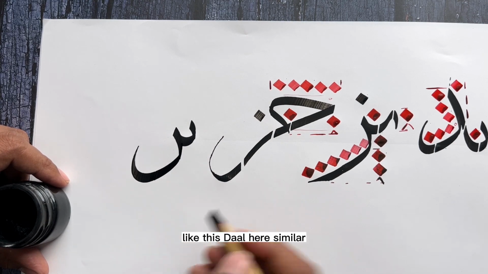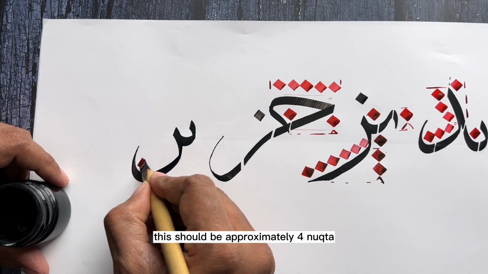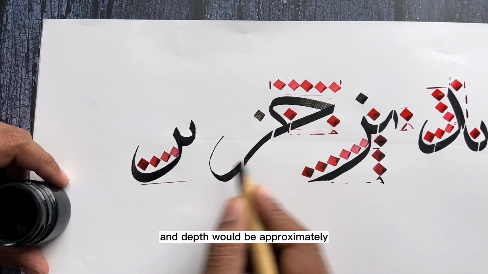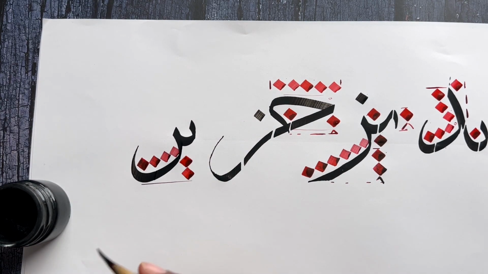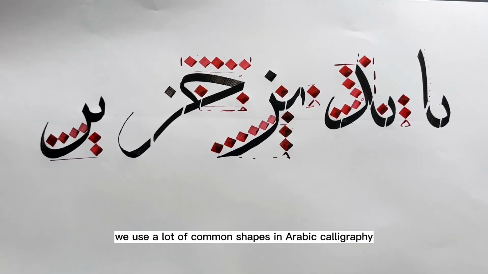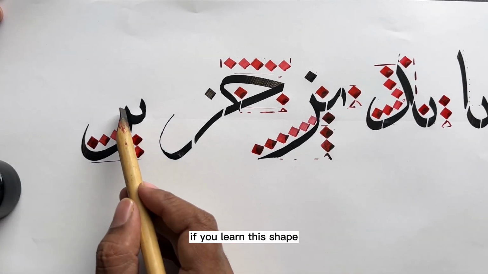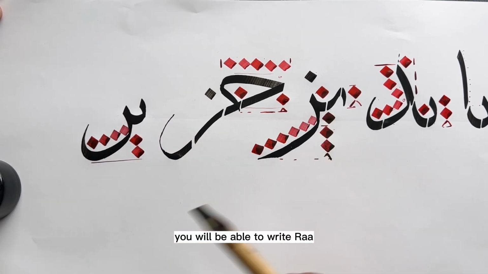So it will be similar to the shape of Daal. Like this. It's like this Daal here. Similar. This should be approximately 4 nuqta. And depth would be approximately 2 nuqta. Okay? Very easy. If you observe, we use a lot of common shapes in Arabic calligraphy. If you learn this shape, then you will be able to write Noon, you will be able to write Ra,